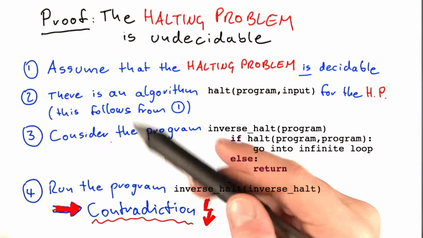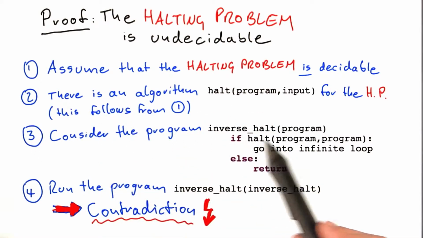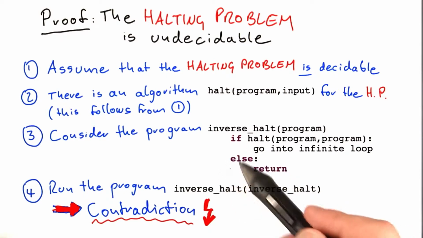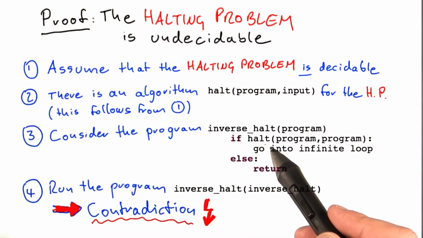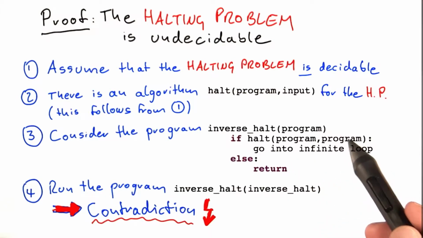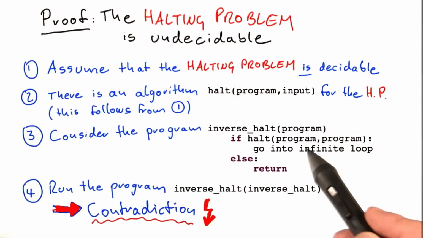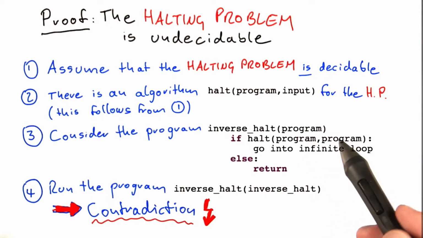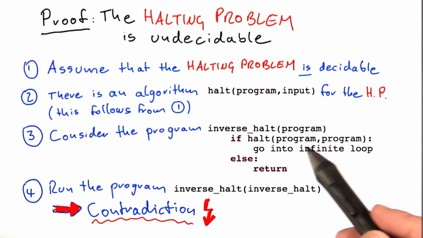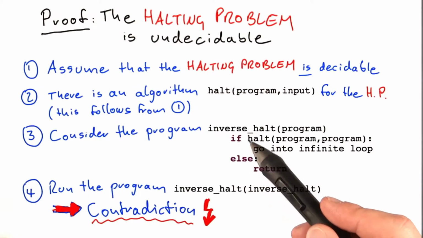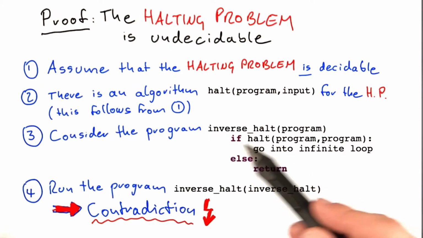So let's go back one more step. Step number 3. The program inverse hold. How we wrote that. Did we make any mistake here? Well, no, we didn't. We just used the algorithm, hold. We gave it a valid input, so we gave it a program to check, and we gave it also an input for that program. Sometimes it might be a bit confusing that the program is both an input and an actual program, but it's perfectly fine again, because the program here is a source code, so we can take it as both. The rest of the code is fully valid, so it's deterministic. There doesn't really go anything wrong here.